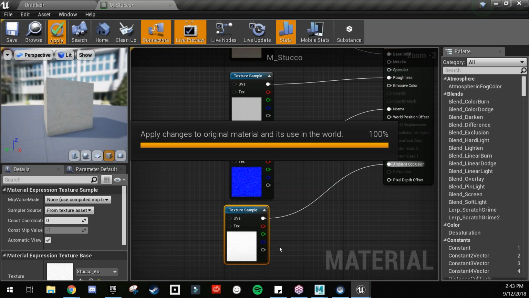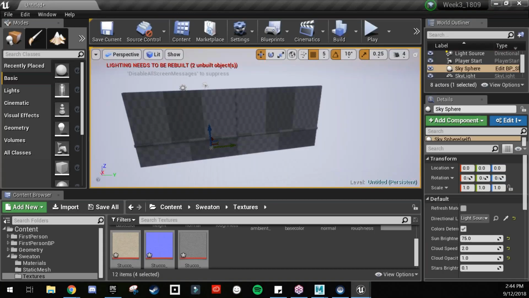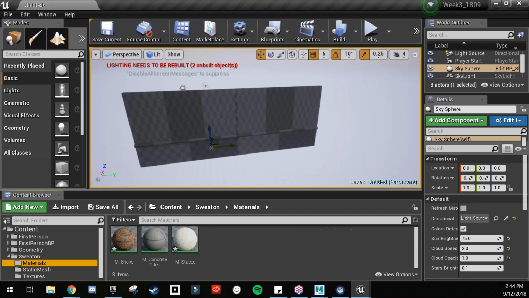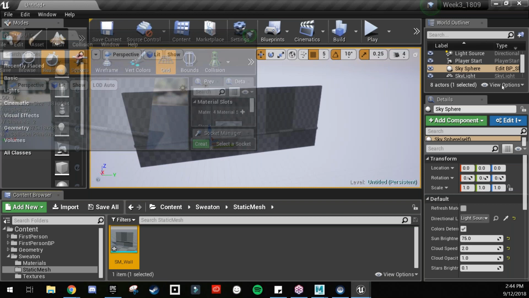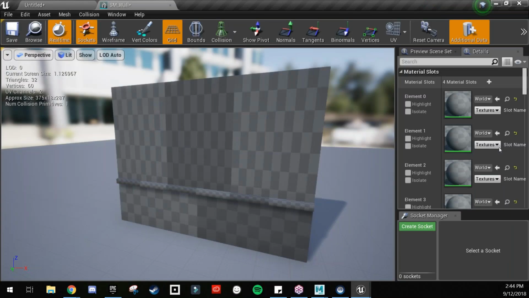All right, so now that we have these materials made, now I could just drag and drop these materials on the different faces and it would work. But what I prefer doing is actually going to the static mesh itself, since I want it to populate all of these at one time, rather than, again, manually having to drag and drop these materials on every single one. Notice that I have this nice, lovely list of materials here. So I'm going to come in here and